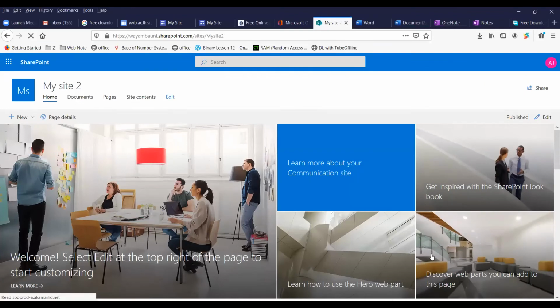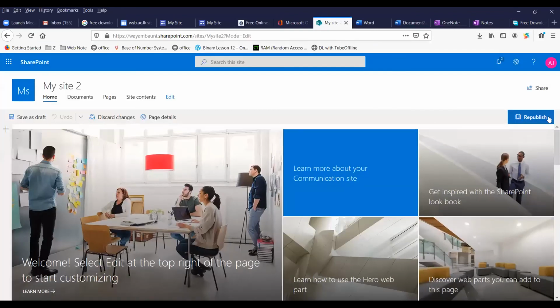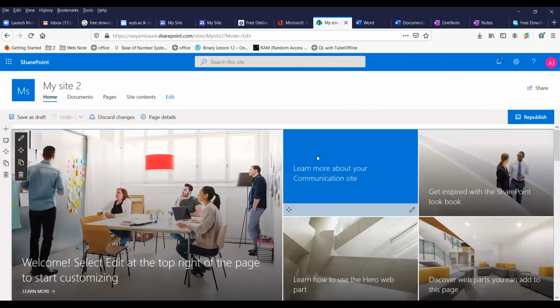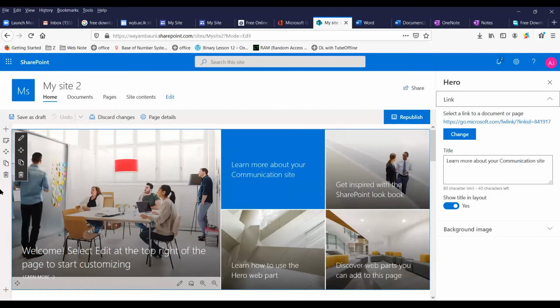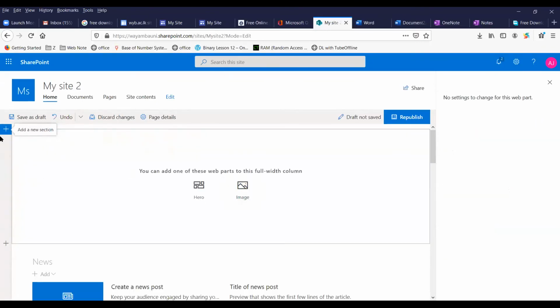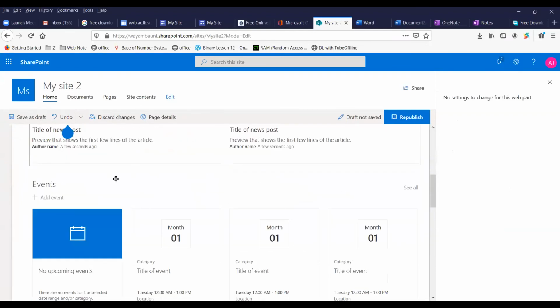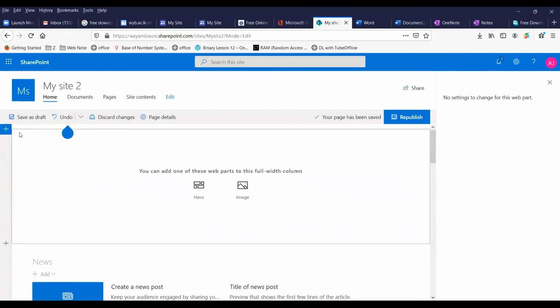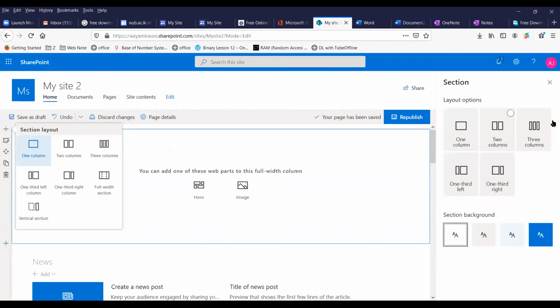This is the template that I have selected, and you can click on edit. You can edit the content. If you want to delete a section, you can delete it. You can add a new section. Similar to Google Sites, you can see the sections here.